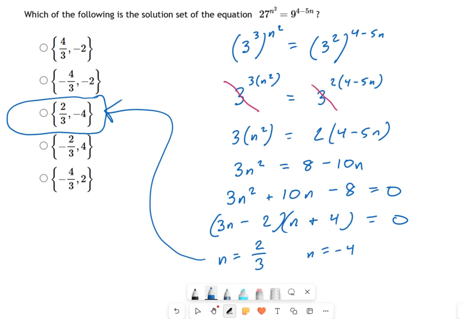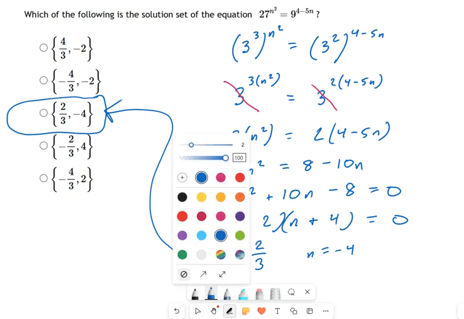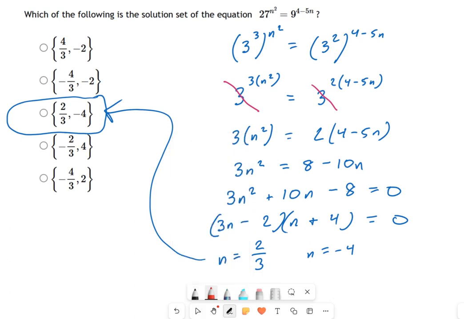There's another way you could have solved this, which is just to plug things in, right? And if you're in a time crunch, that's not a bad idea. For example, and if you're happy with the explanation I've given you so far, then you can just quit here. But what if I had just plugged in -2? What if I had plugged in -2 into that equation and found that it did not work? If I got different numbers on each side? Well, what that would mean is we can cross out -2 everywhere you see a -2 in the solution. Okay, so by guessing one number from this list, we just crossed out 2 answers.